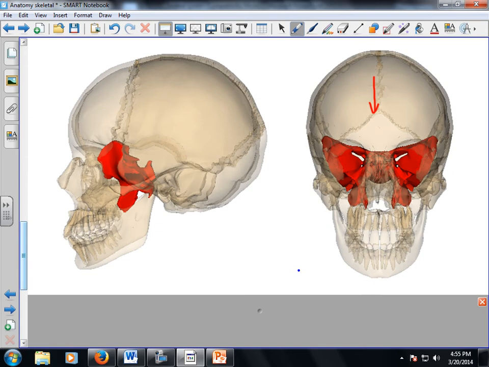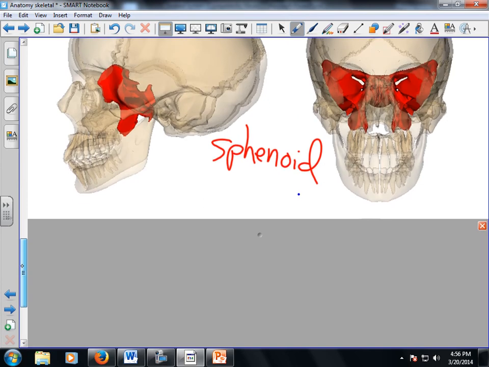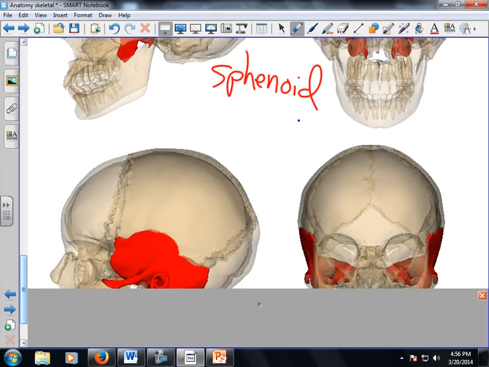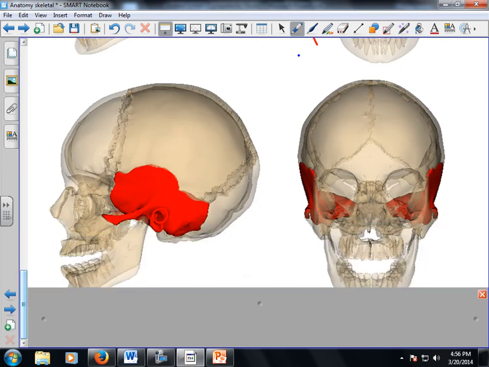All of the cranial bones connect to this one, otherwise called the sphenoid. The sphenoid, of all the bones, is sometimes called the keystone. All the bones are going to connect to that one. This one